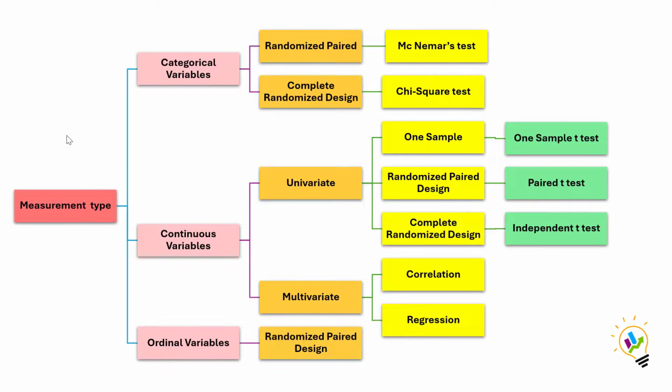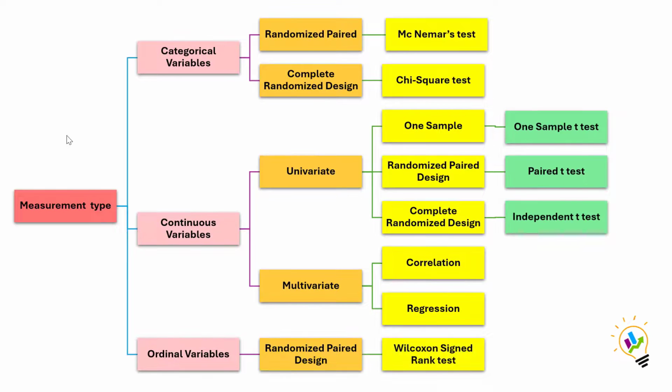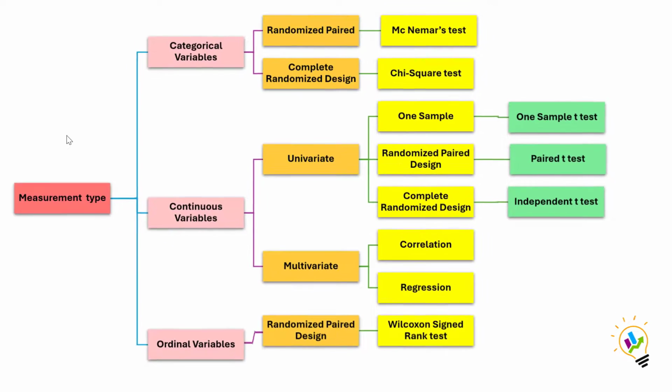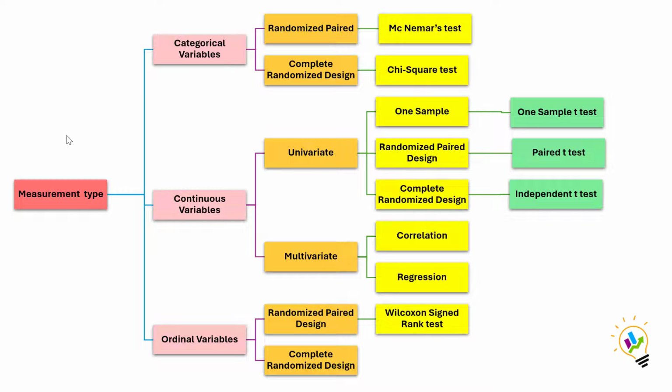In ordinal variables, again you must see whether the data is paired. If the data is paired, then we must use the Wilcoxon signed rank test. And if the data is completely randomized, independent, then we must use the Wilcoxon rank sum test. The Wilcoxon signed rank test is used when it is paired, and if they are independent, you must use the Wilcoxon rank sum test. These two are called